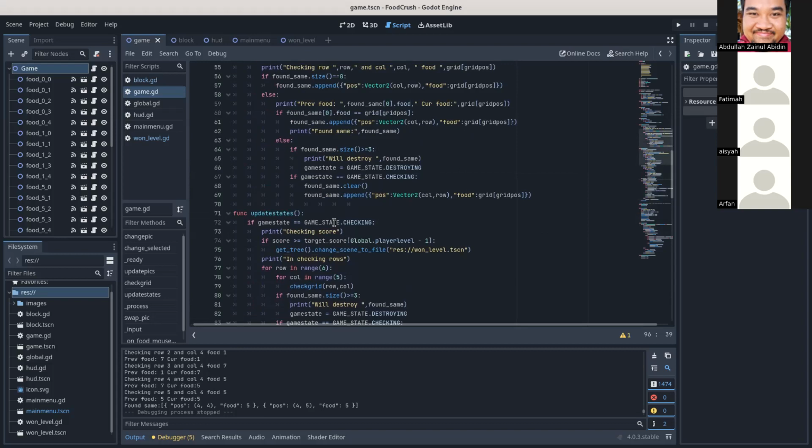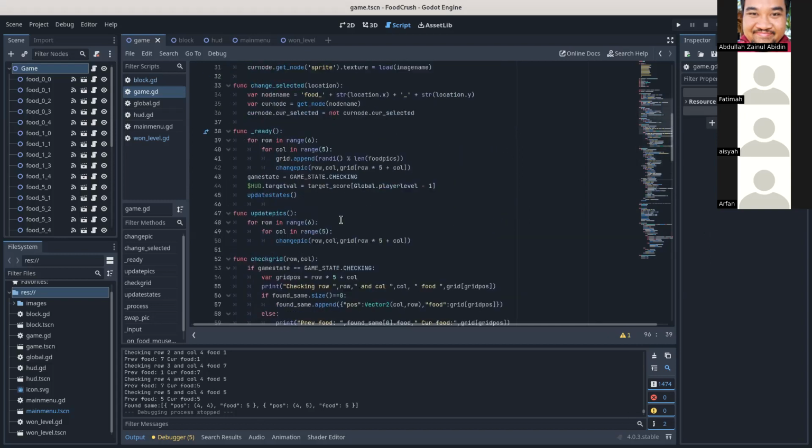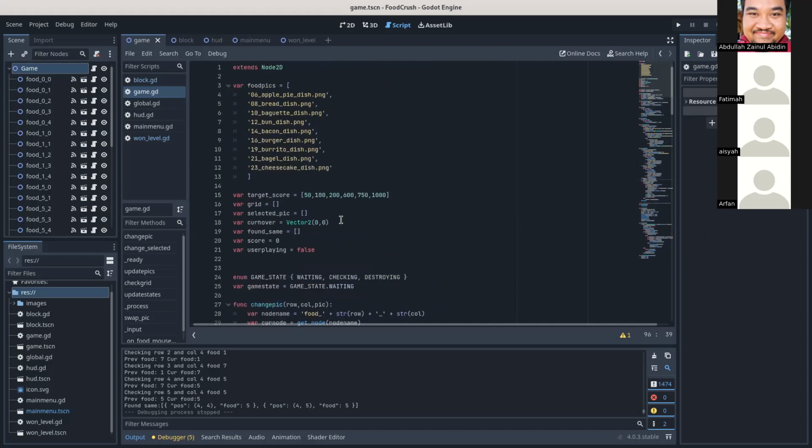What do you think is the first thing that we need to do? Okay, there's no suggestion. So the first thing that we need to do is create a new